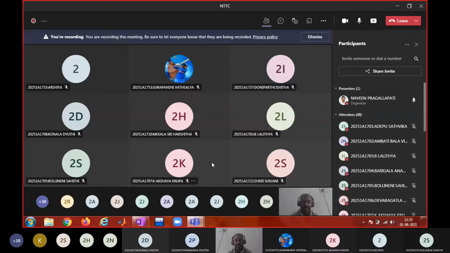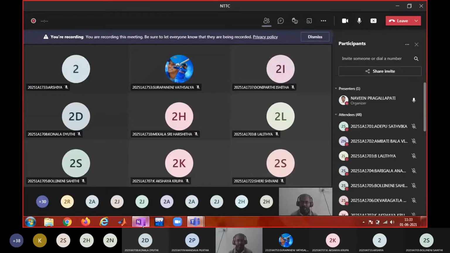If you want to improve the accuracy in Euler's method, what can you do? Decrease the step size h, that means more steps. Suppose you want to find y of 0.2 from y of 0. Instead of taking h equal to 0.2, you take a smaller h, so that you will be finding it in more steps. So more steps, more accuracy.